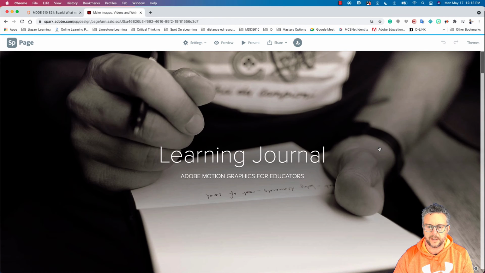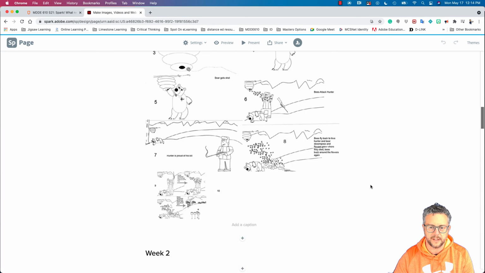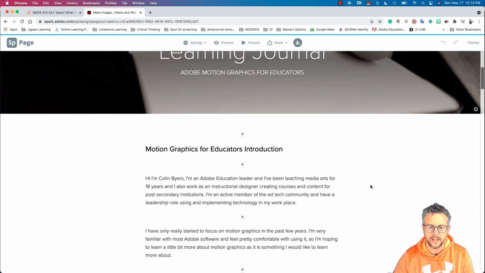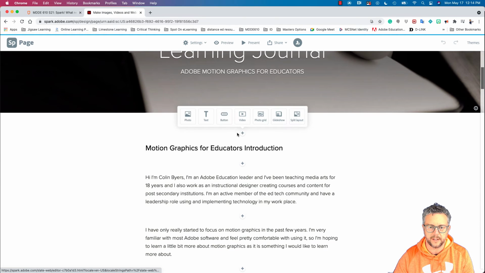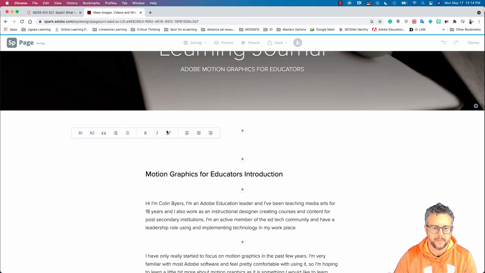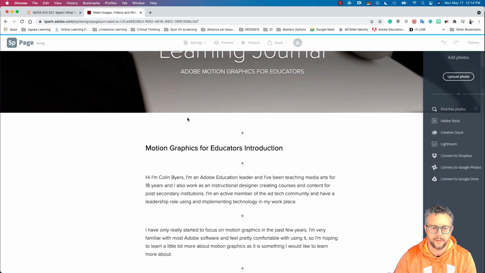So the way this works is pretty straightforward. You'll start out with a title and subtitle, and it'll ask you for an image to be placed in here. And then the rest is just basically adding content with these little plus buttons. So you can add photos, text, buttons, video, photo grids, something called a glide show, split layout. I would suggest just taking a look at these and seeing what they do. They're all very intuitive to use, and they all have various options within them. As you can see, here's your text. Or if you've got photos,